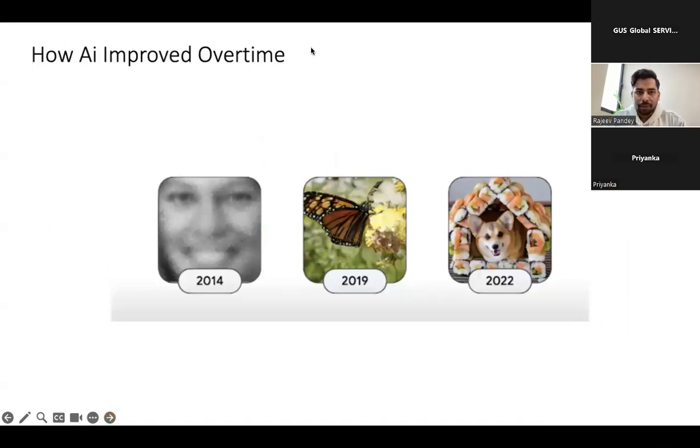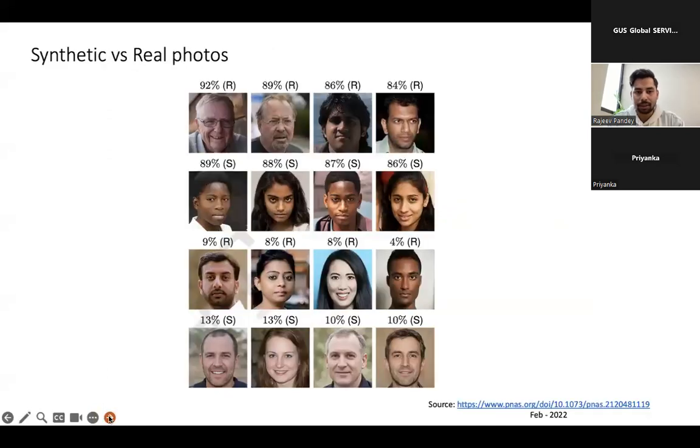Now, there was a question from someone asking how generative AI really works, how AI really works. So this largely talks about how from 2014 to 2022, artificial intelligence has started understanding and creating better outcomes, right? Imagine the quality of content which was produced in 2014 and 2022, and how the data points which AI used to read and understand, and more input was given towards the quantum of data points it used to take better decisions, right? In fact, on this, there was a research done in the month of February 2022, and